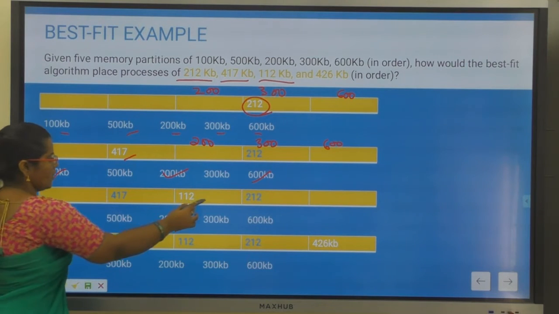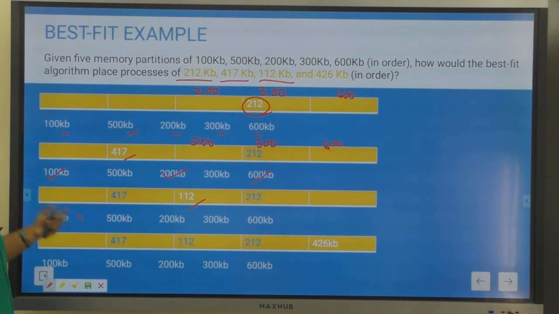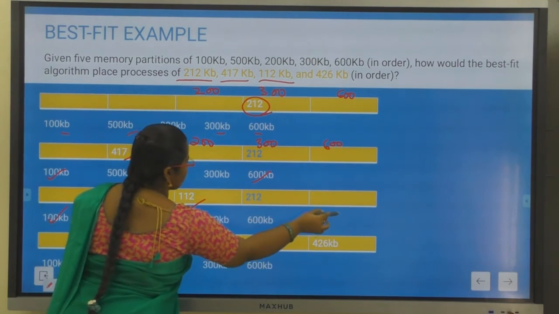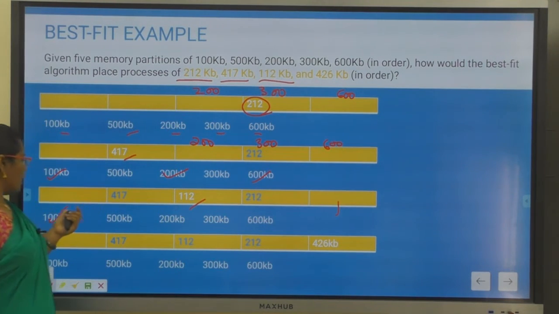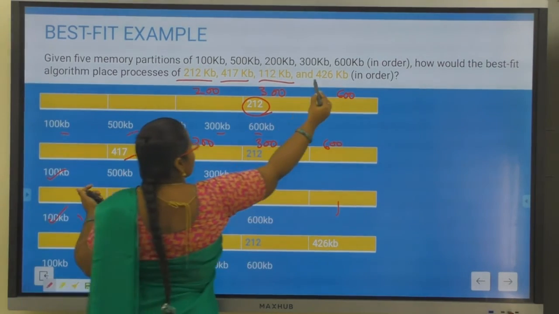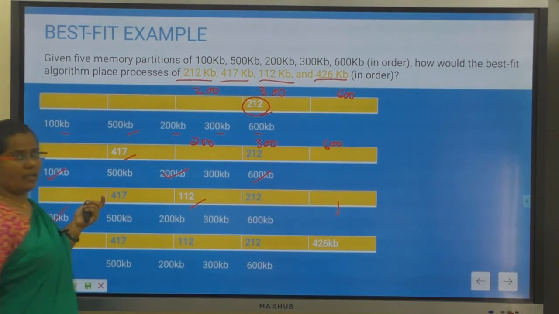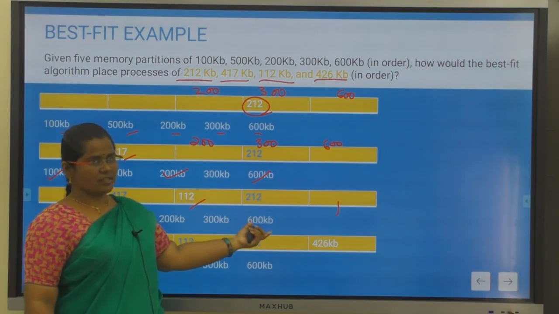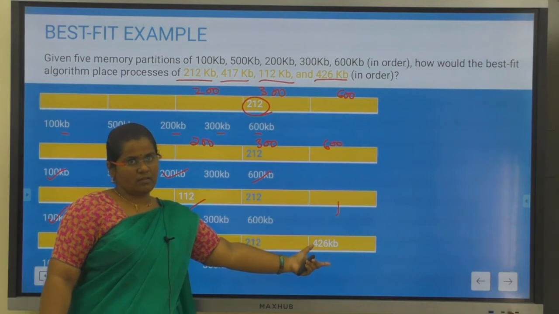The empty free spaces now are 100 KB and 600 KB. The smallest is 100, but my next process size is 426 KB, so I cannot store it there. I will go with the next smallest, that is 600 KB, and place it here.